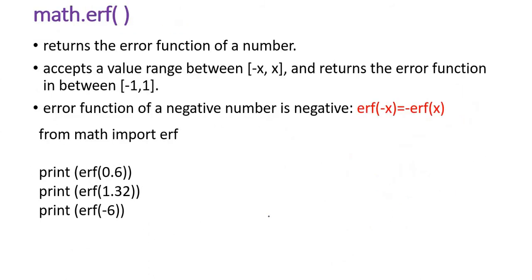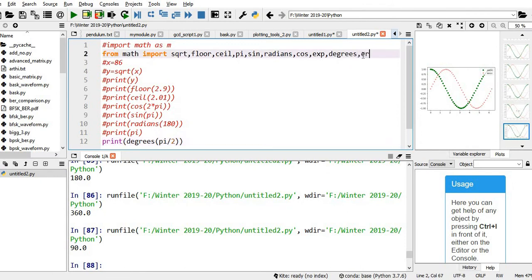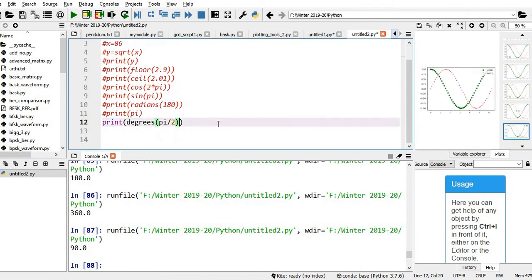Then in digital communications we'll be using bit error rate analysis. Frequently in books they use the ERF function or ERFC function. ERF is the error function, ERFC is the complementary error function. Again in Python this ERF and ERFC are defined. So we'll first discuss ERF. We'll import ERF. Print ERF of some value, say for example 10.